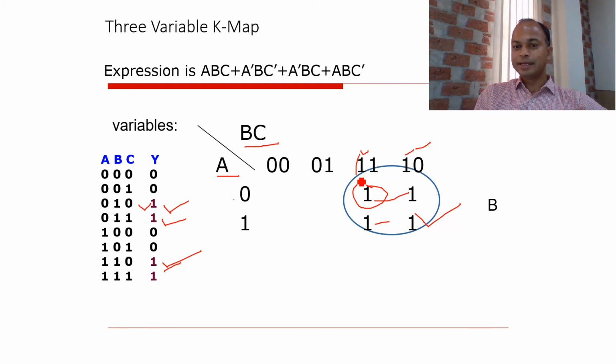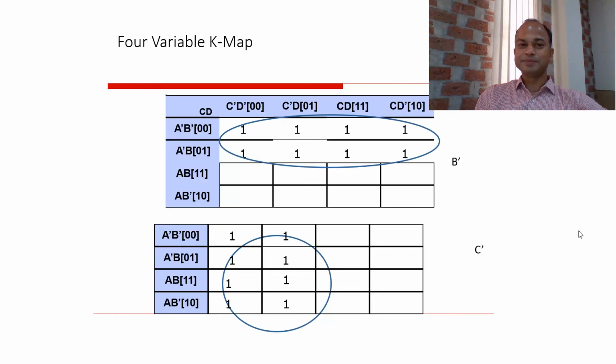Here we have 1, and here we have 1 only, so we take only the common value. Other values are different: here we have 1, and here we have 0. The common item is 1, and therefore this is the result of B. The common value is 1, and the first variable is used for B. So after simplifying it, we can write this as B.